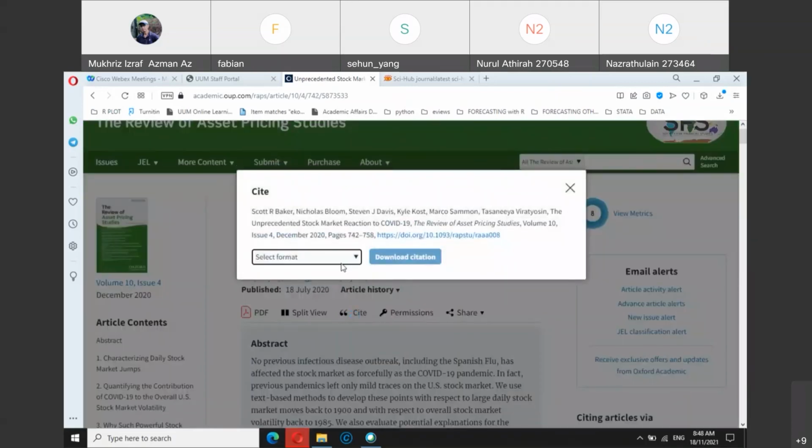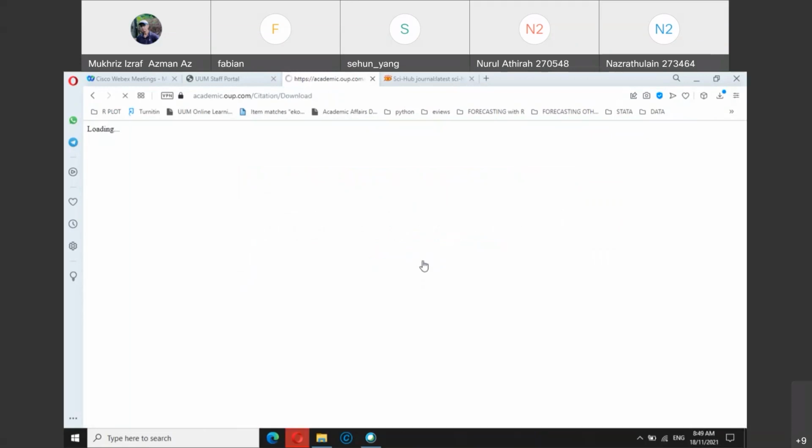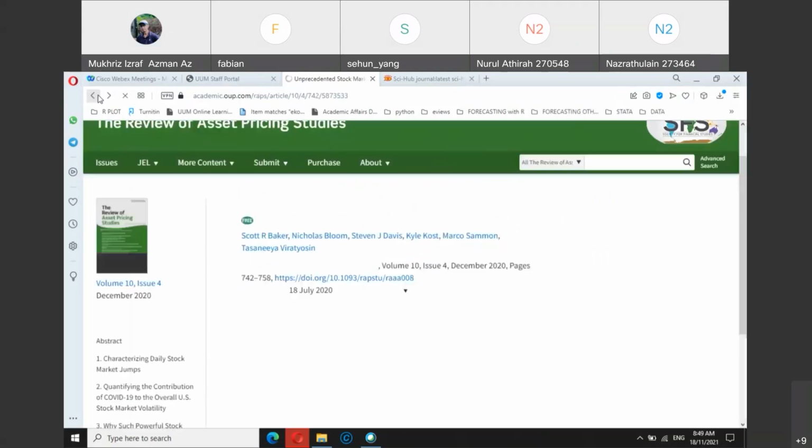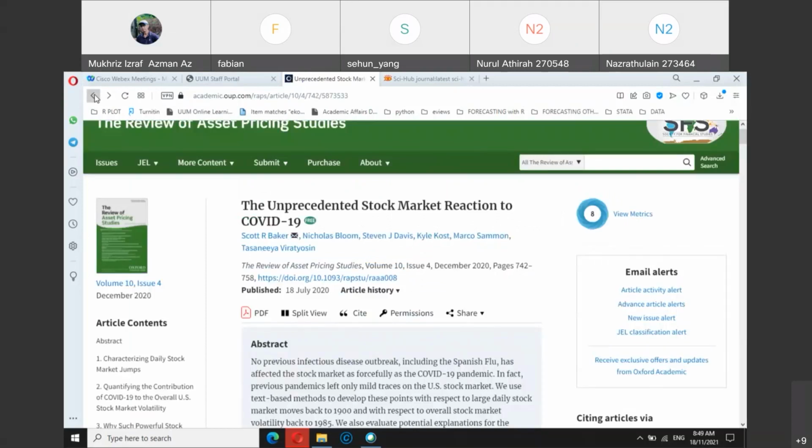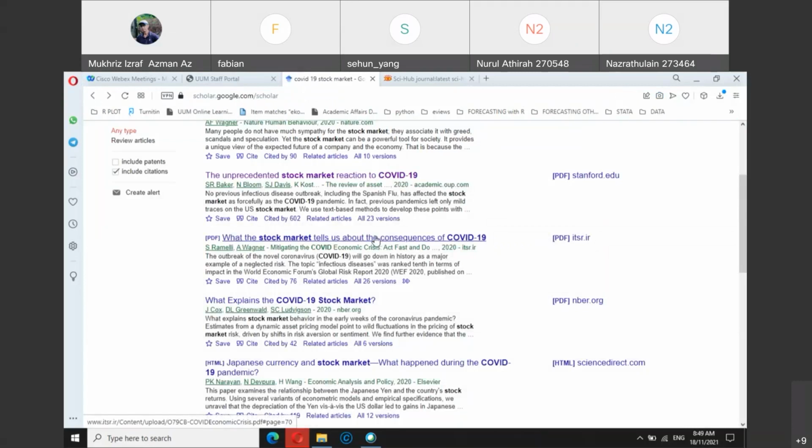Again, it's the same thing. If you want to select the format, usually we follow either RIS or EndNote. Both will be the same. For example, RIS you can use in Zotero, but ENW, EndNote, is also available for Zotero. So you can use either RIS or EndNote, as we've been doing previously. Again, once you download, it will go to the download folder, and then you can just import directly. So for any article, the best way is to go straight to the article and import the citation information.